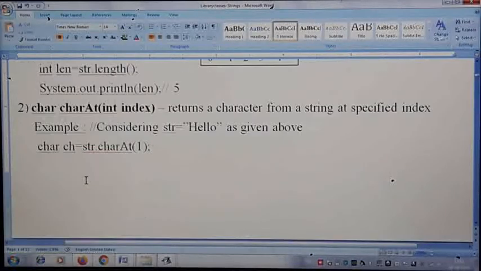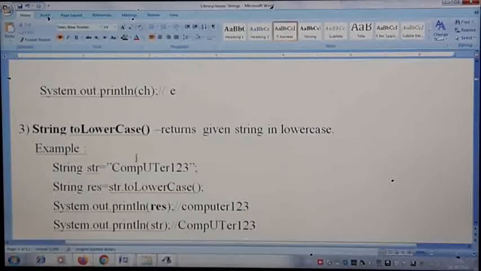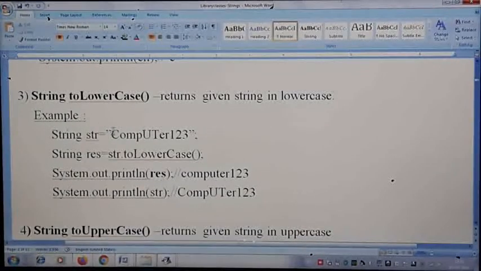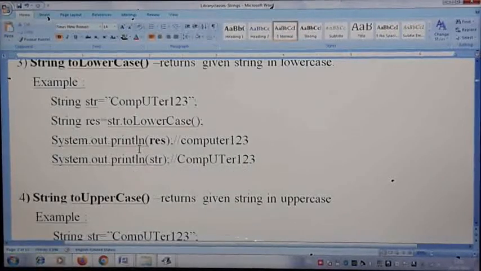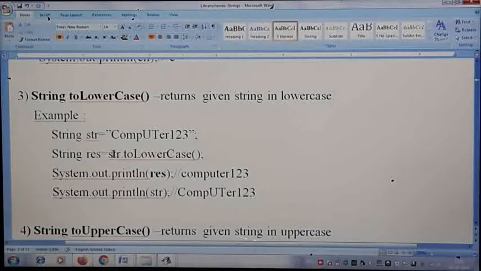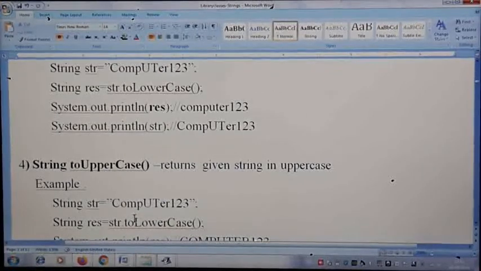Then also we will discuss two uppercase and two lowercase, where we are converting a string to uppercase. The entire string will get converted to uppercase if it is in lowercase, or if you use the two lowercase command, whatever is in uppercase will get converted to lowercase. We saw the example also. So you all understood how the two lowercase and two uppercase commands work. Remember, there are no arguments we give for this. We directly apply it to the string object, str dot two lowercase, str dot two uppercase, like this. The outcome of these two commands is a string. The return type of the command is string.